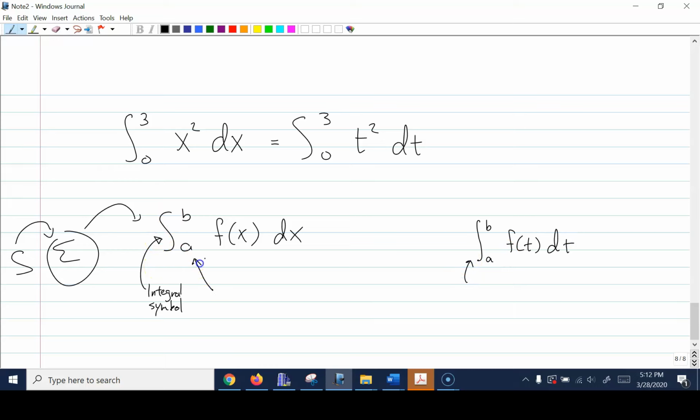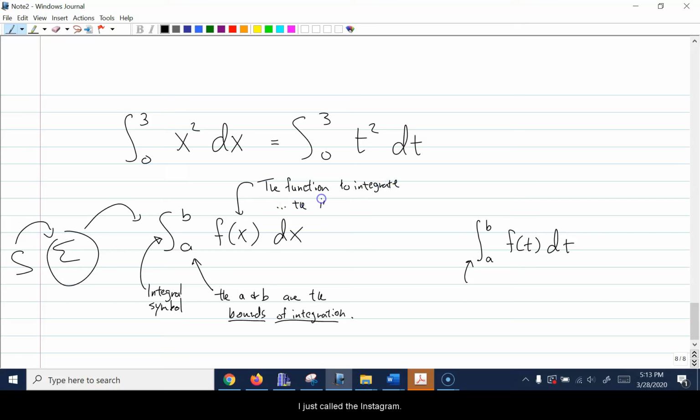The a and the b are the bounds of integration. Those are specifying the interval that you're evaluating that function over. f of x is the thing you're integrating, which is called the integrand. And then the dx